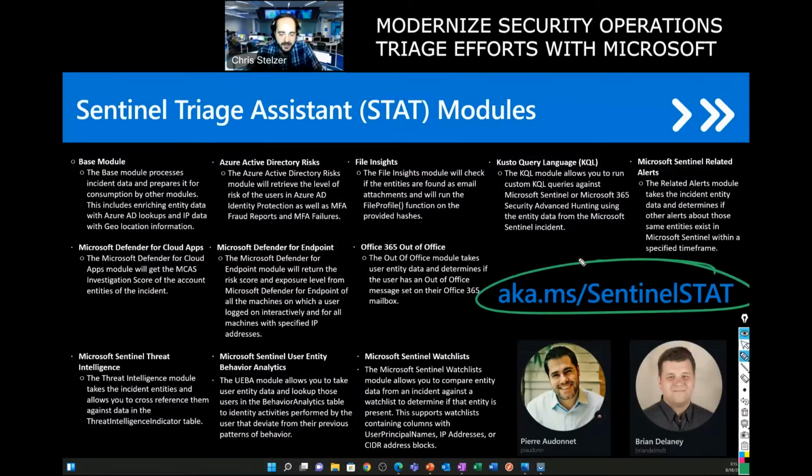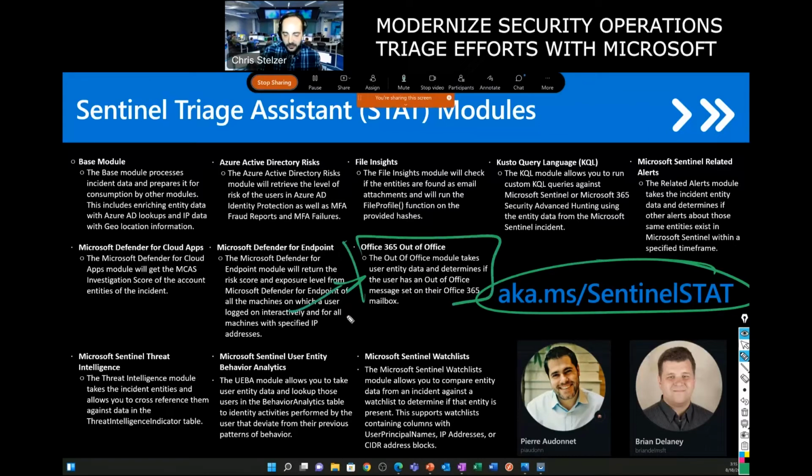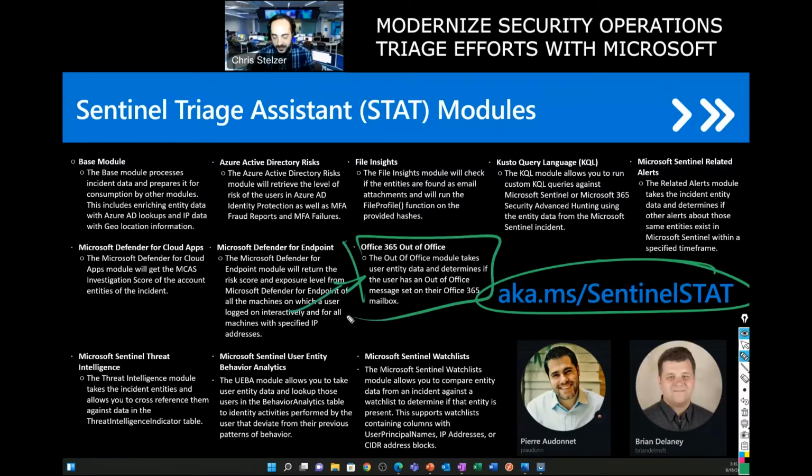And the idea is every time an incident is thrown in Sentinel, we can gather all these different pieces of information very, very quickly. I can immediately know, is this user out of office? What is their out of office message? This might be really handy for the SOC to know, specifically if the user's on vacation and we're seeing logins from that user from a different country. You might want to know what computers that person's used in the last month and whether those computers have vulnerabilities in them.